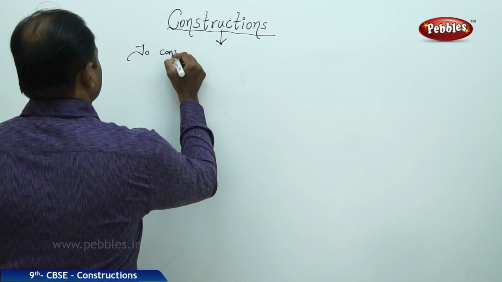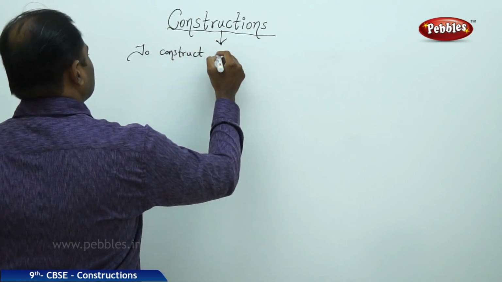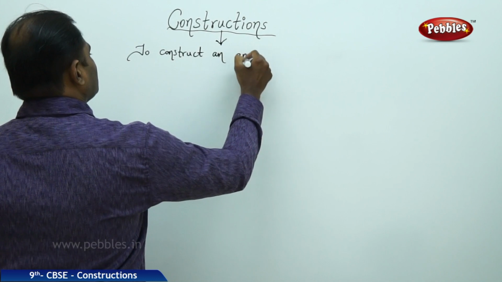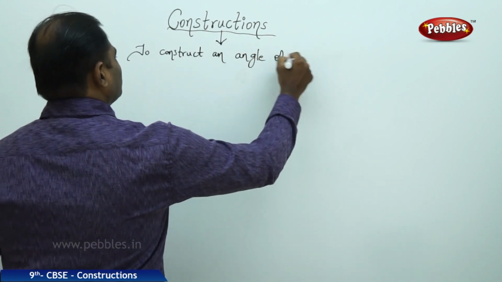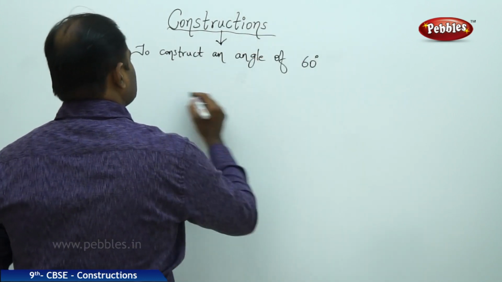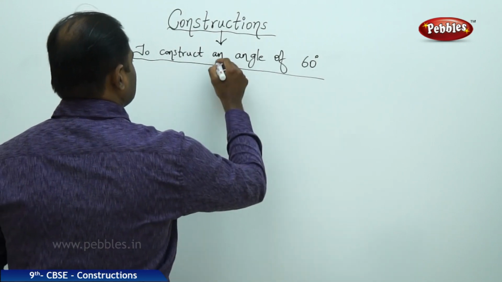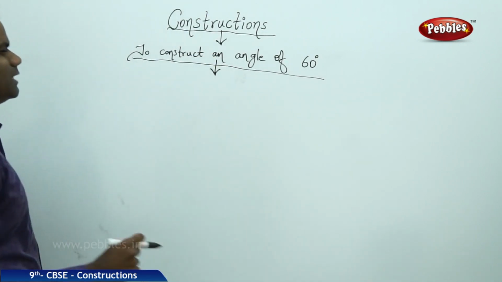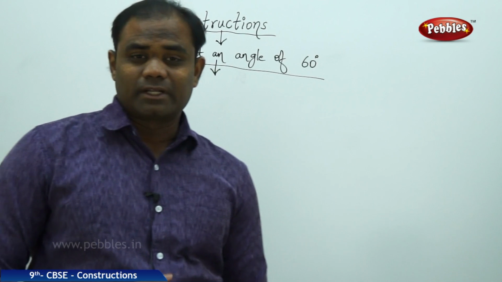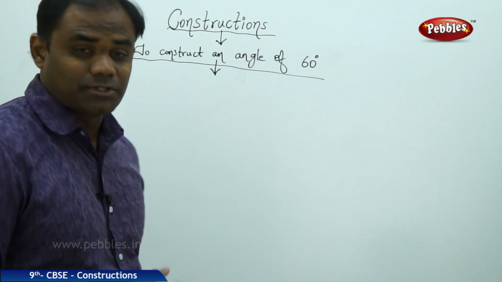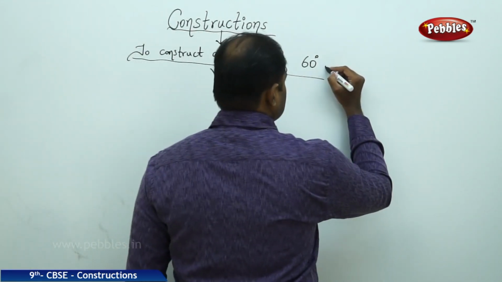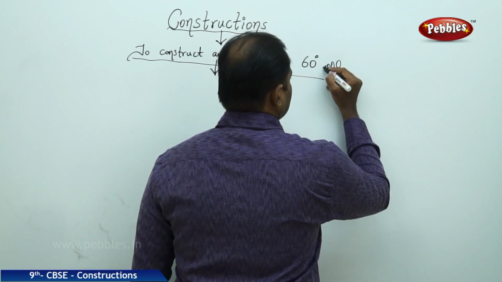To construct an angle of 60 degrees. So let's see how we can construct an angle of 60 degrees. But the rule here is